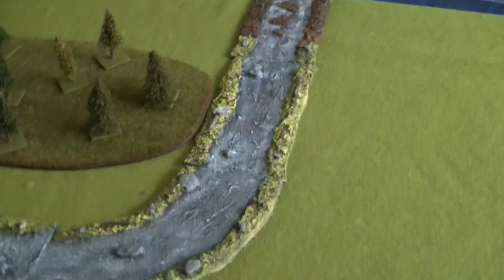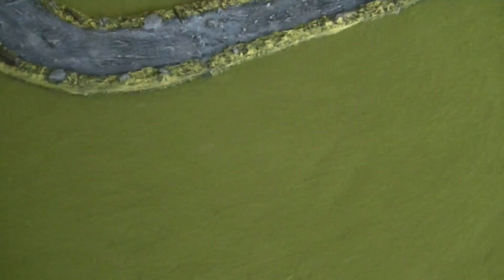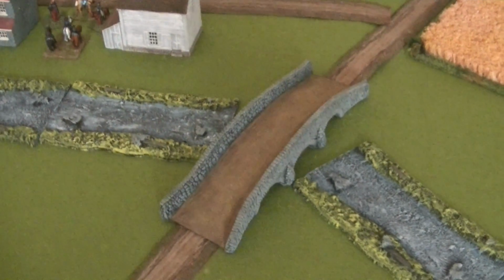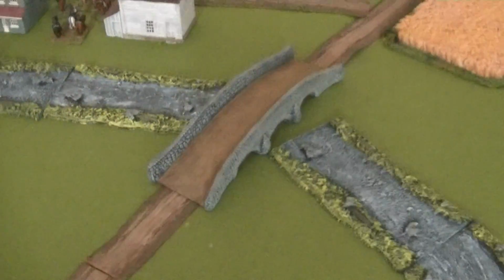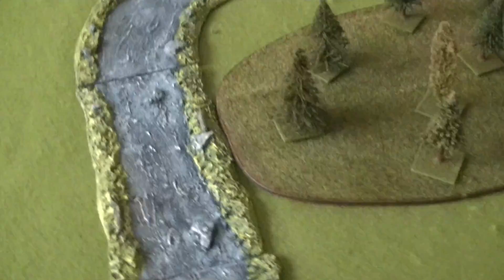Dividing the table is a river, which is only passable via this bridge. So that means that there's 2 sides of the table, really, and the bridge becomes very important as a sort of strategic point on the battlefield, linking the whole battlefield together. But the Confederates can choose where they come on, anywhere along this edge here,